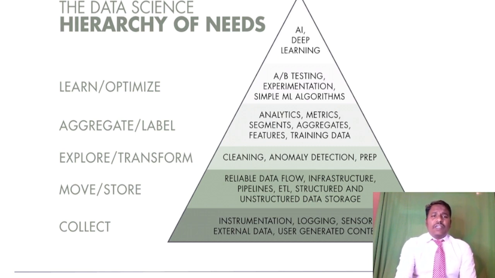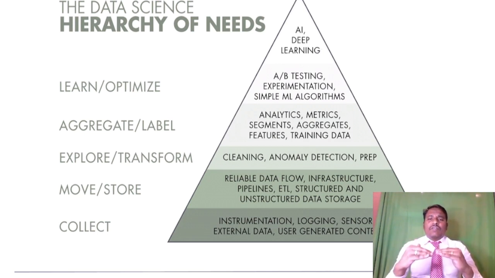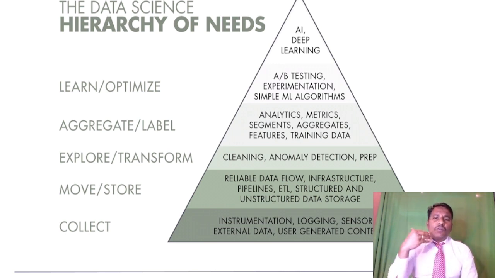Later is where our data science actual work starts: aggregating the data and labeling the data. It could be any logic like that, then adding analytics and metrics and aggregating it. For data training, you will basically be training yourself on how to convert the data in a useful way, then testing, experimentation, and writing simple ML algorithms, like how you're going to output the data. You write your algorithms and convert them into an AI model. The topmost thing in the pyramid is AI and deep learning, where all the data we collected from the end user becomes a superlative, which you convert for the industry, where you're going to make a decision, and then we're going to